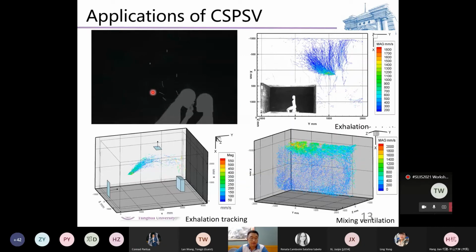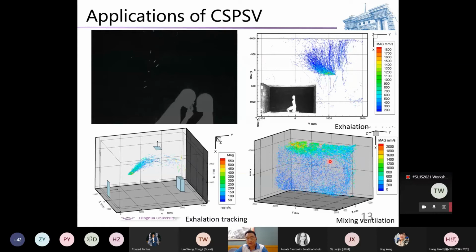Like in this picture, we use a mannequin to exhale bubbles, and we can measure the spread speed and also the spread range of the exhalations from the patient or virus carrier. This gives some kind of estimation to evaluate the danger of infection, and we also capture the exhalation from people, just as previous researchers reported, the lock-up phenomenon in displacement ventilation,